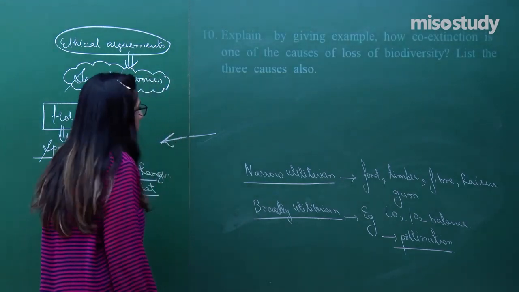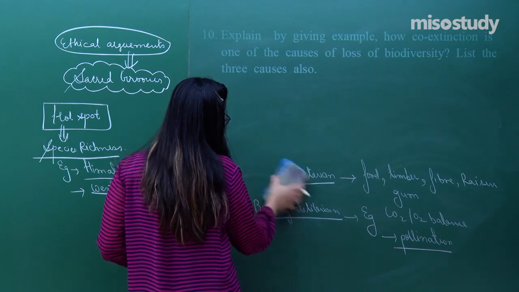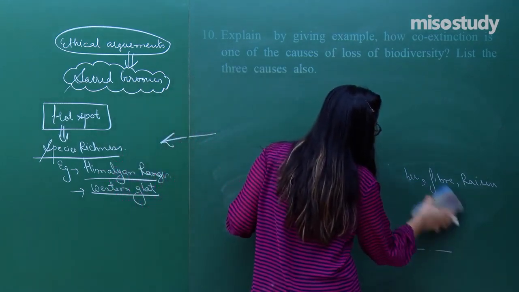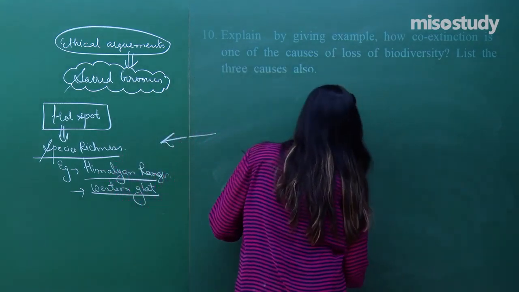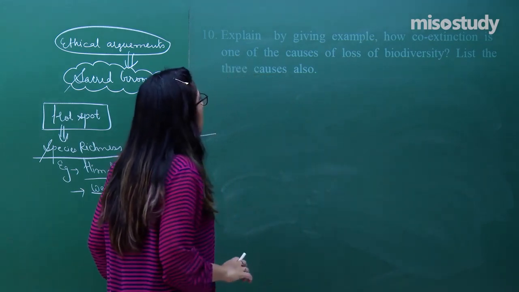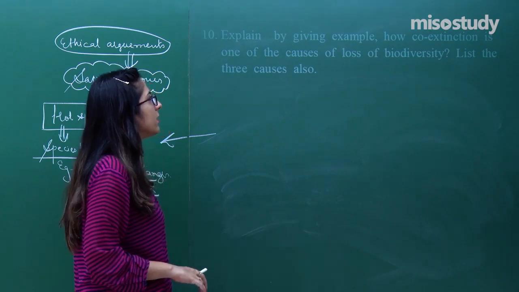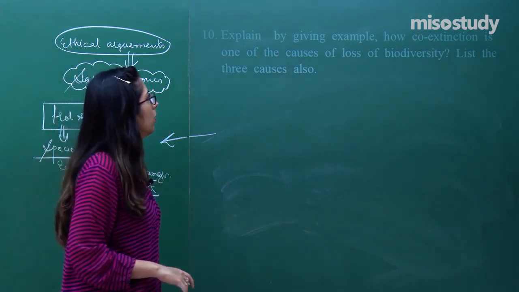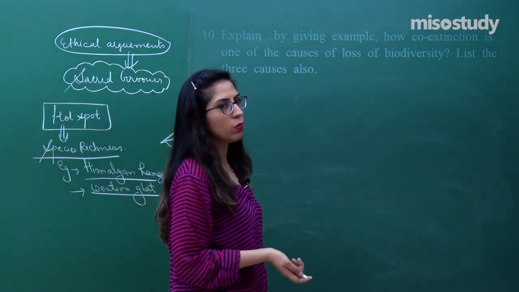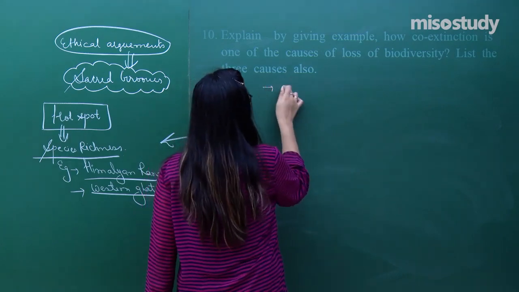Now let's move on to the next category. This is the same category of 5 marks, a long answer type. Explain by giving an example how co-extinction is one of the causes of loss of biodiversity. List 3 causes also. So co-extinction we have discussed,